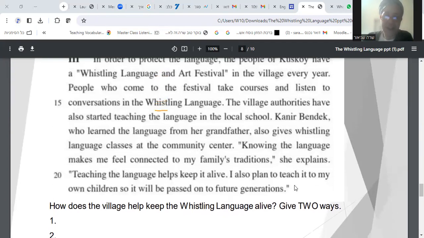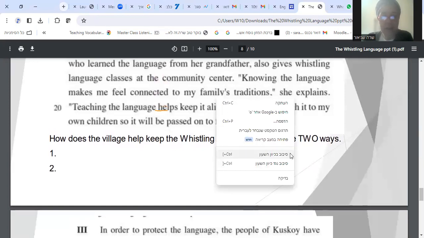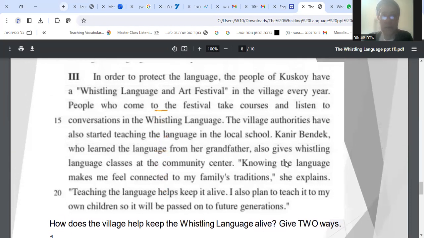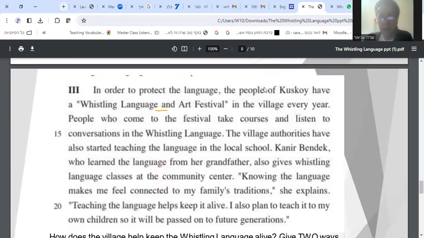Question number 3, שאלה 3. How does the village help keep the whistling language alive? Give 2 ways. Okay? איך הכפר עוזר לשפה להישאר בחיים? כן? 2 דרכים. So, in order to protect the language, the people of Koskoy have a whistling language and art